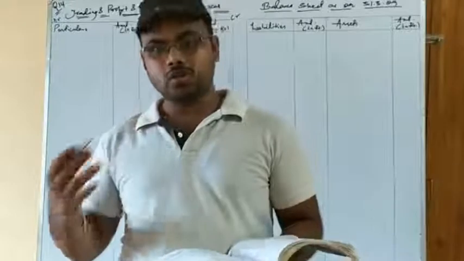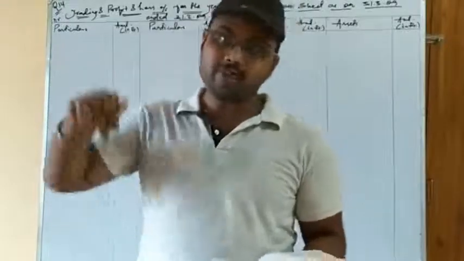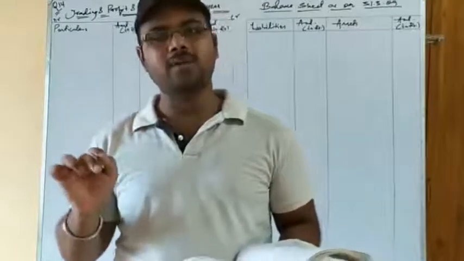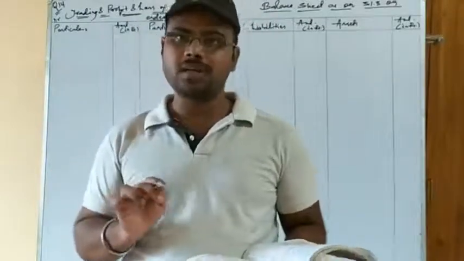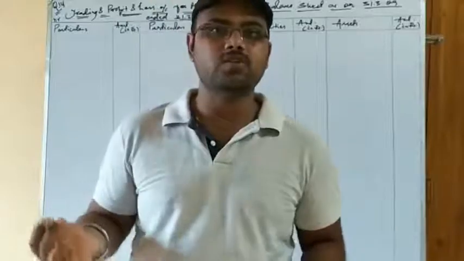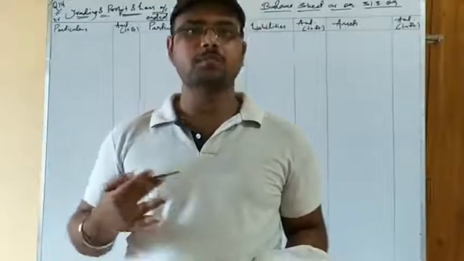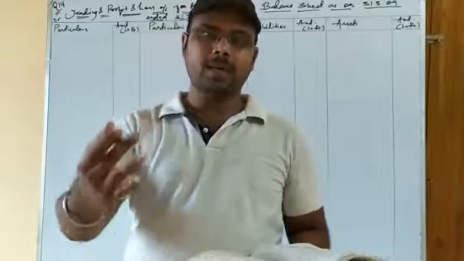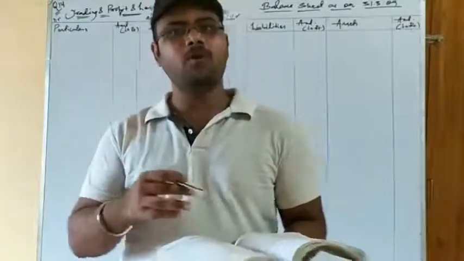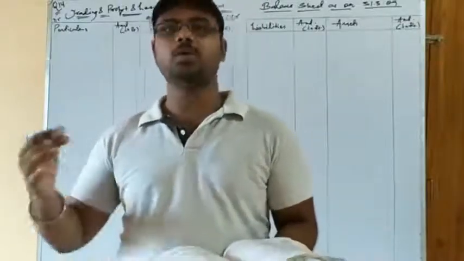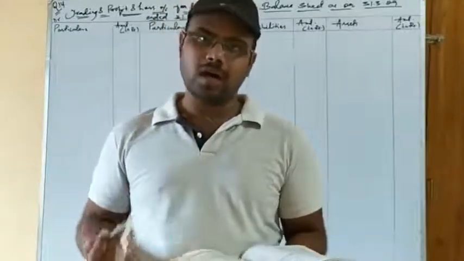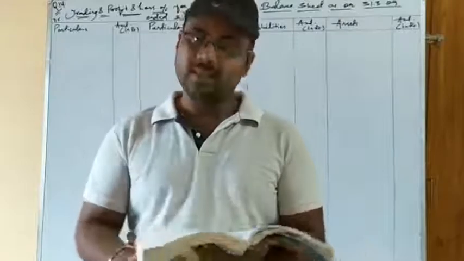Got it? While posting those items that have adjustments and that you have pointed out, you have to put those items' values in the inner column, because certain adjustments are to be made after the completion of posting the items from the trial balance, so that after the adjustment, the final amount regarding that item can be taken to the outer column. Otherwise, there will be simply commission of mistakes or unnecessary errors. So here goes the question.